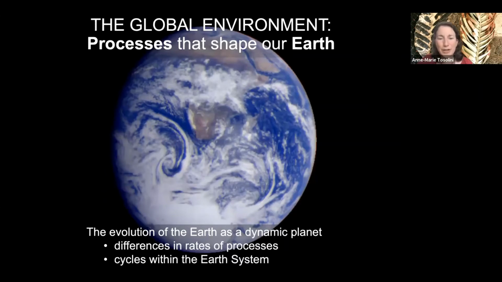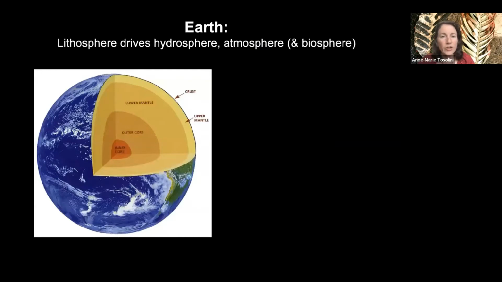The global environment, you will look at the evolution of Earth as a dynamic planet, those different rates of processes and cycles within the Earth system that are so critical to understand in order to develop environmental and climate change programs to mitigate against these degradations. So we're going to focus on the lithosphere, how it drives the hydrosphere of the atmosphere, and also how